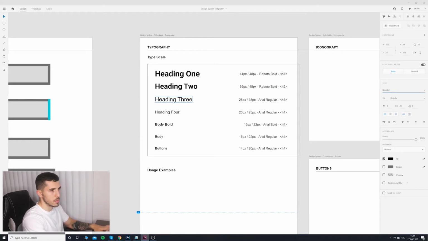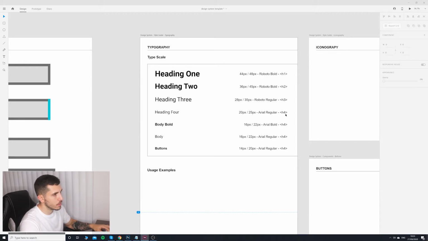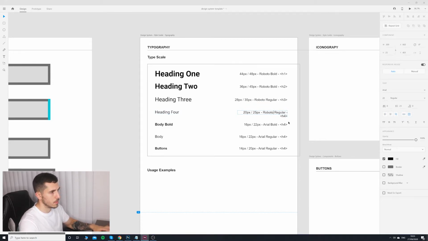And this is just gonna be simply Roboto, regular. So again, the size is very defined, 35 pixels as I mentioned here. Heading 4, again, I want Roboto on this, 25 pixels and regular. Okay, then we have the body bold. I'm gonna go